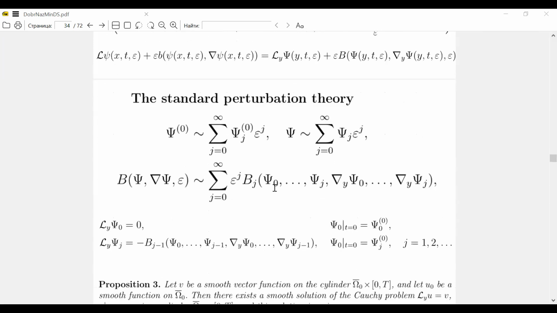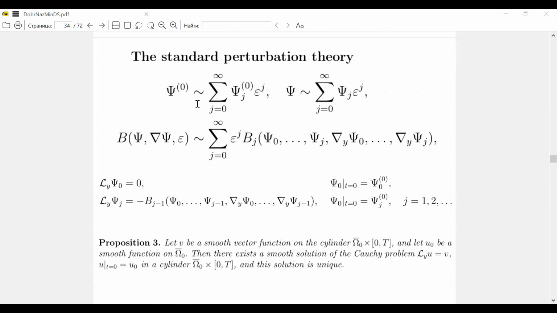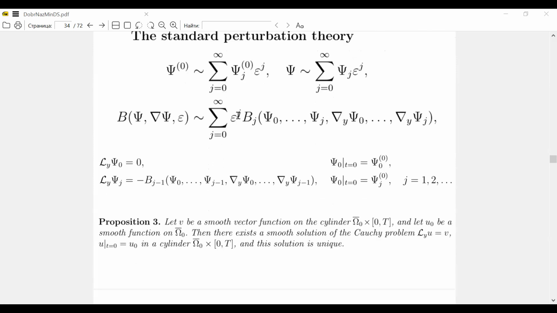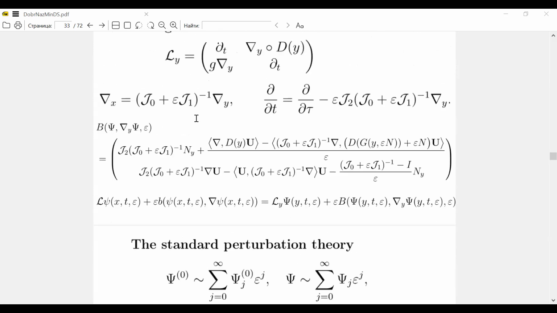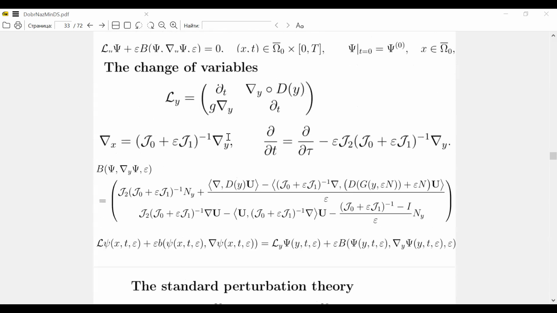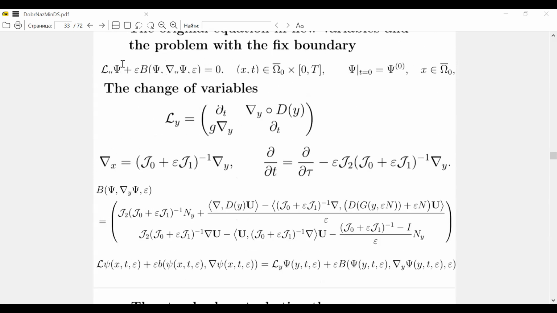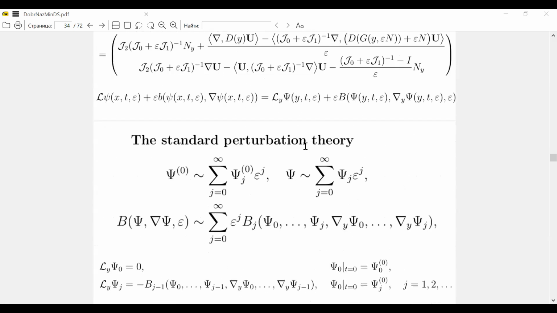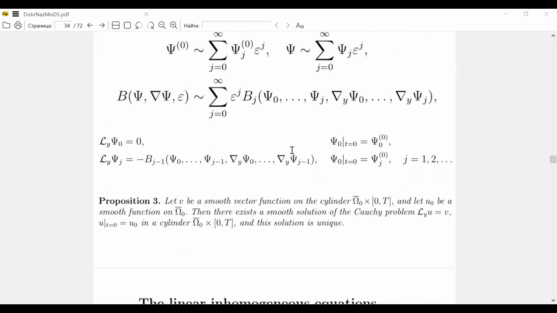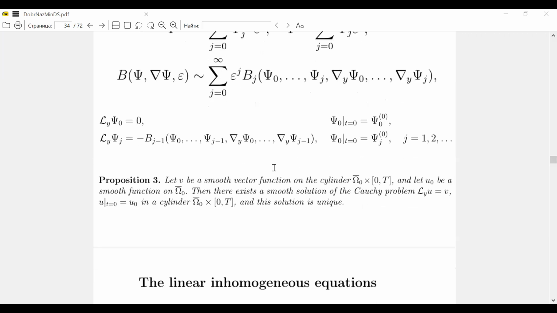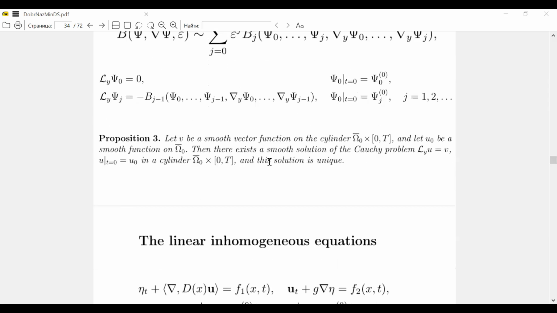And then we expand our solution, present it as an asymptotic series in such a form, and substitute it in this equation which we obtain after this transformation. Then we obtain the system of such type of linear equations, and so it is possible to use some